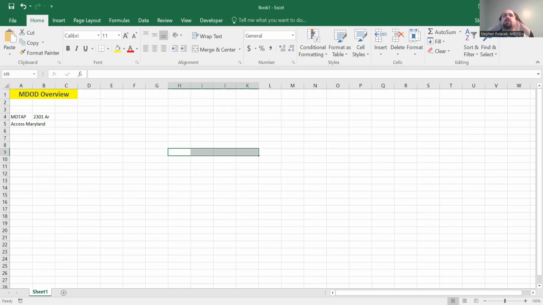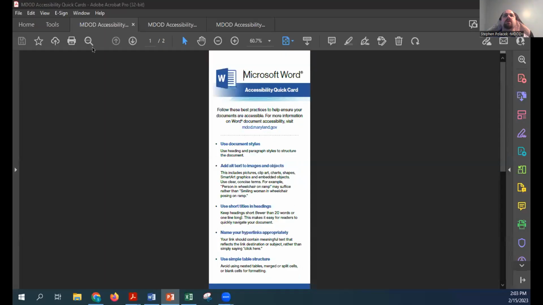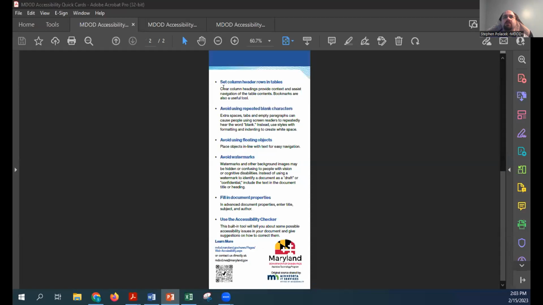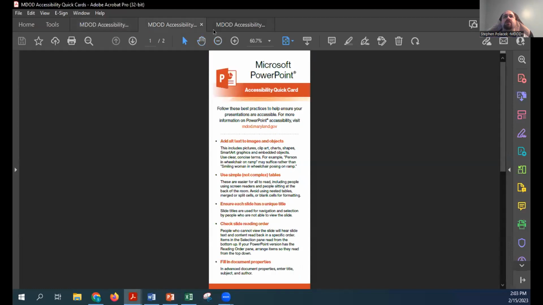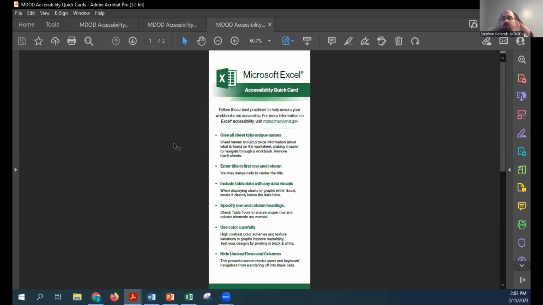But I am going to change my share again, screen 2. And here we are. So these quick cards are available on our website, and they give you a nice simple breakdown of what you should be doing for each of these. They were provided to us by the Minnesota IT Services. They generously allowed us to customize them to fit us. We have ones for Word, PowerPoint, and Excel, and there are ones available for other programs as well. So with that,